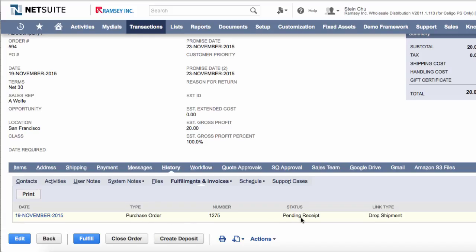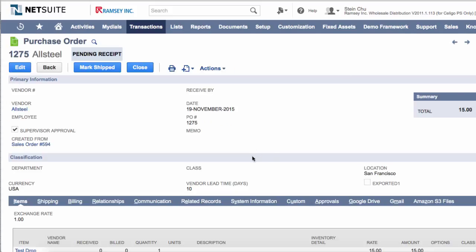So since this is a dropship item, the vendor drop ships the item. So in the process of fulfilling the sales order, the purchase order will be received. And in the purchase order record, we can see in the created from field, this is tied to the sales order 594. Now with the Celigo SmartClient, what we can do is to fulfill the sales order in order to